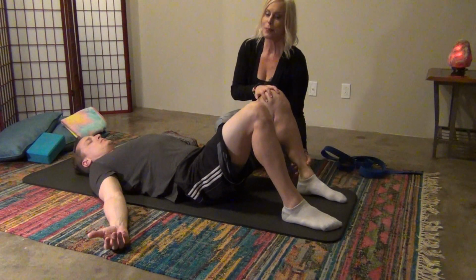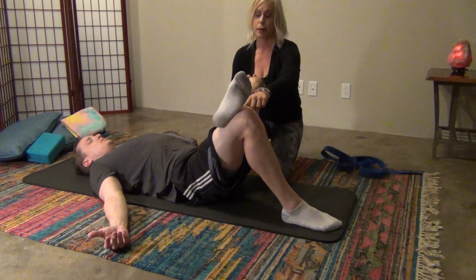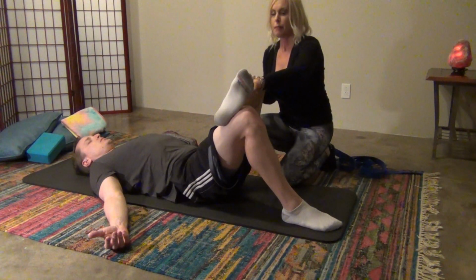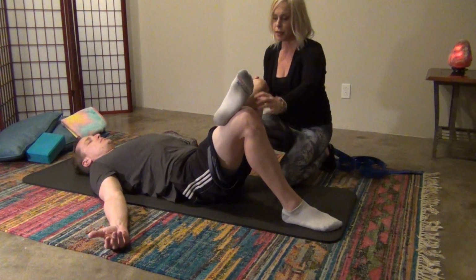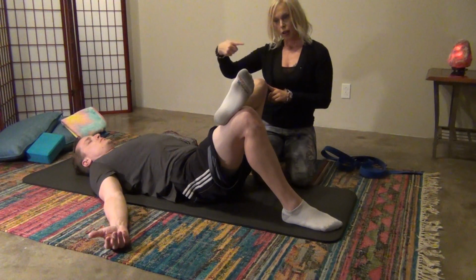And from here, we're going to bring our ankle just below our right knee. We don't want to place it on top of the joint. And be sure to flex this left foot. And from here, we can apply pressure. So forward,